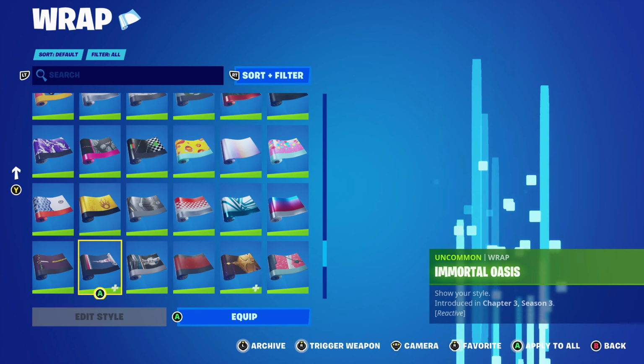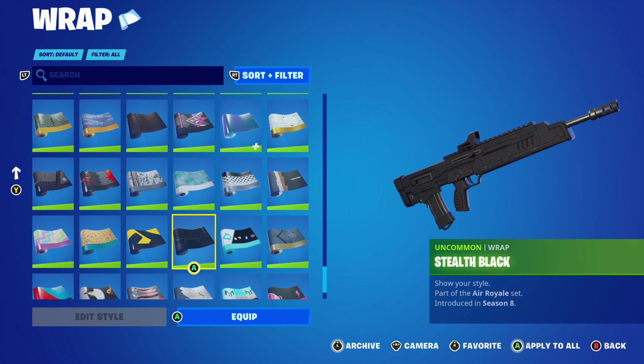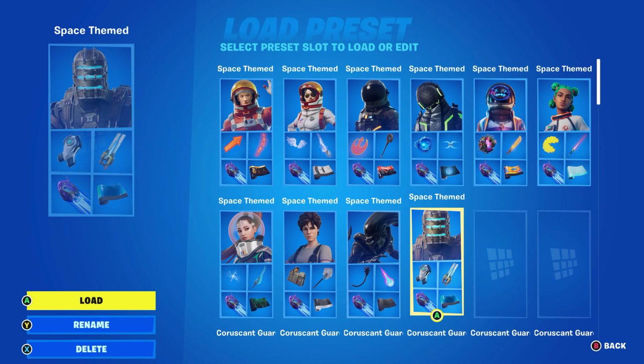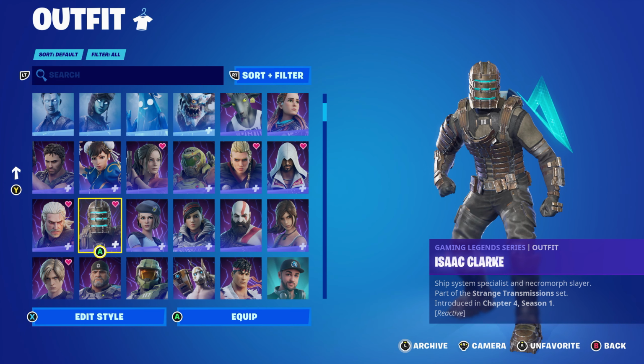You could always whack on the Stealth Black if you do own it, which is this one here, which is an item shop wrap, and comes back usually when the wrap skins are about, so it's either glitching error on the older ones. This usually comes around then. And then the final skin is Isaac Clarke, which is part of the Strange